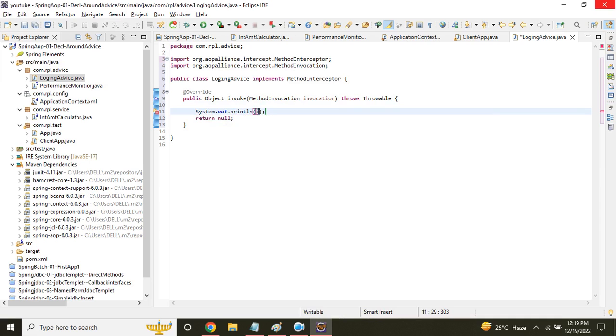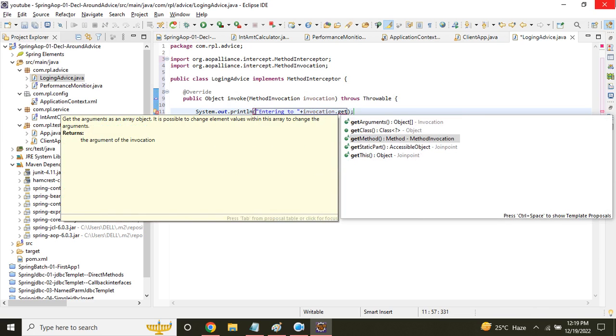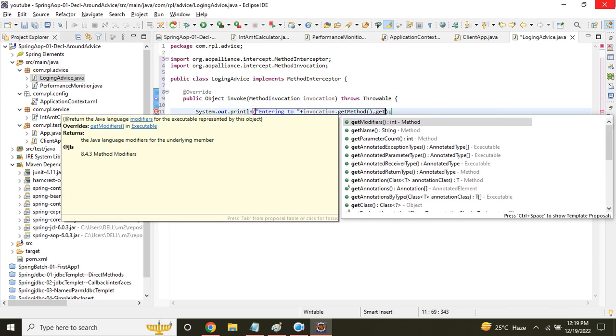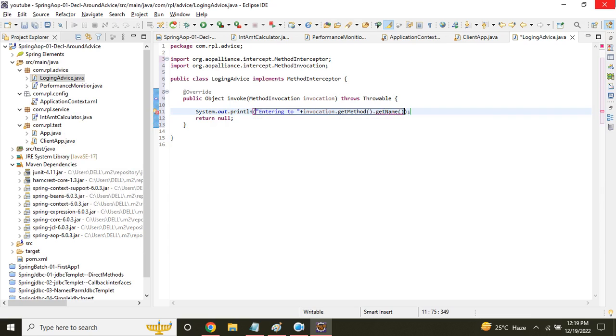Sorry, I'm logging some information here: Entering plus invocation.getMethod().getName() plus